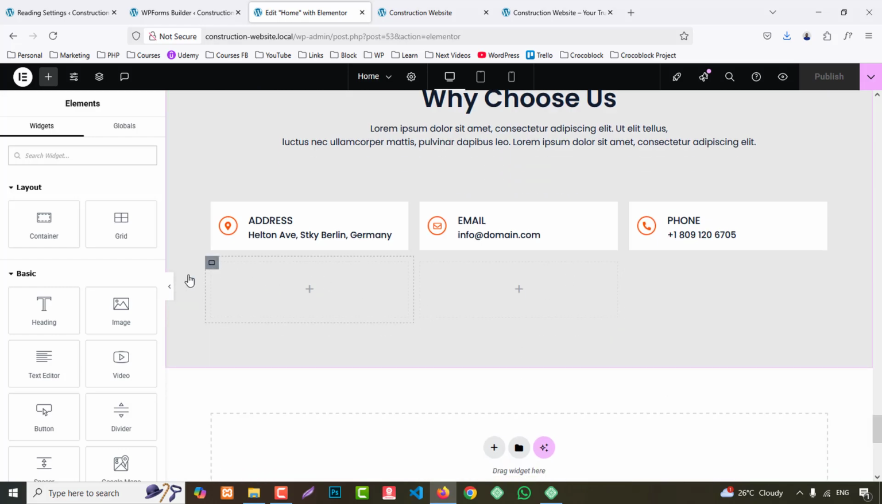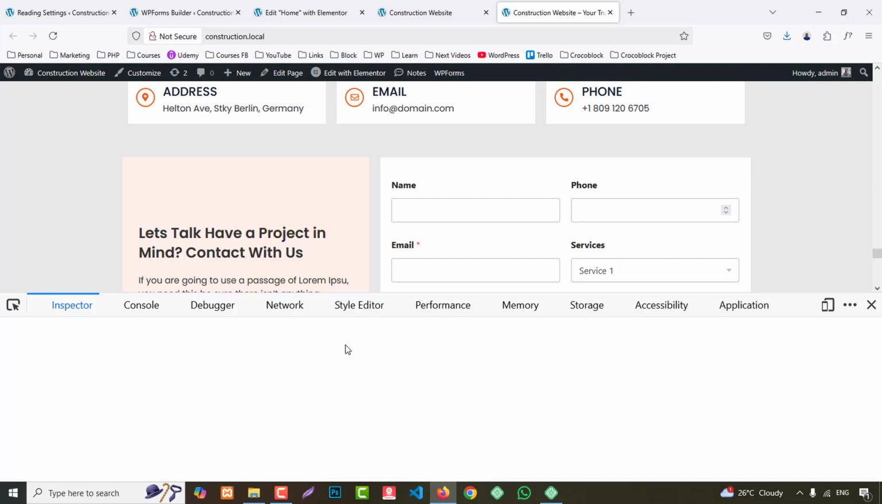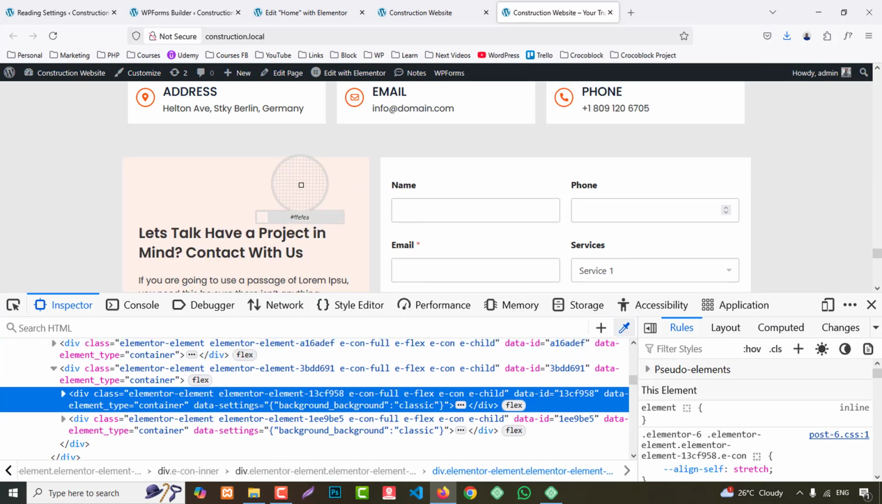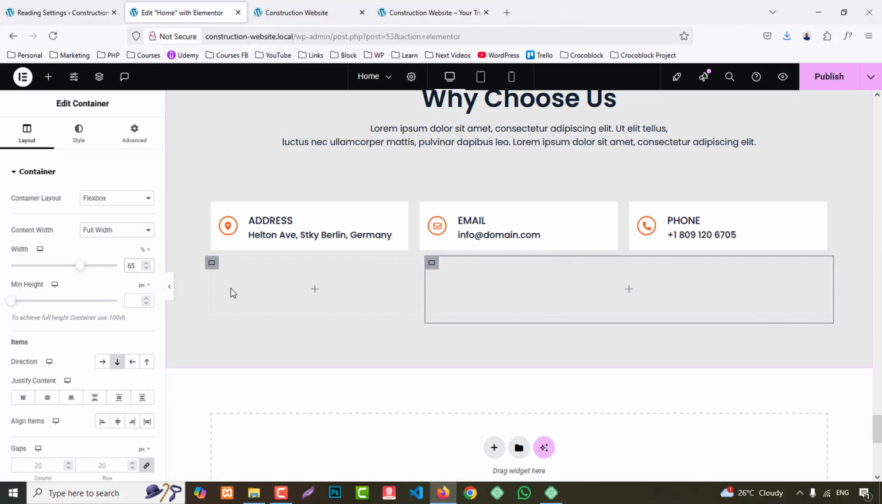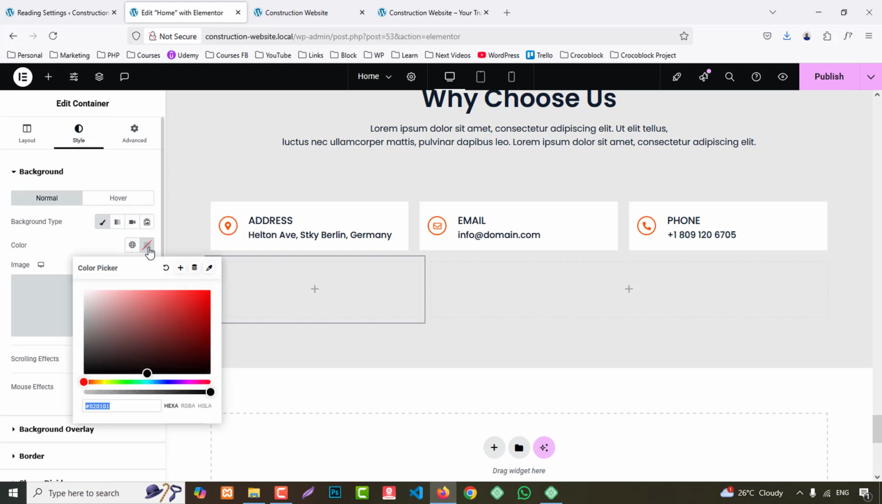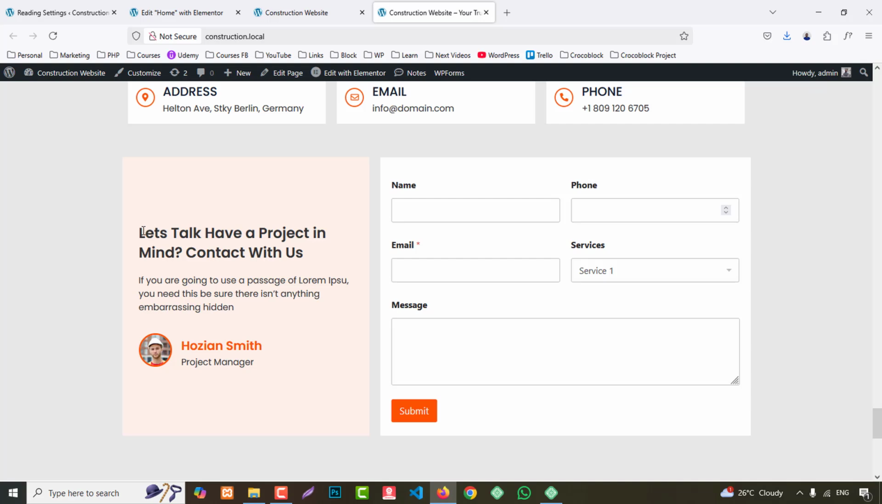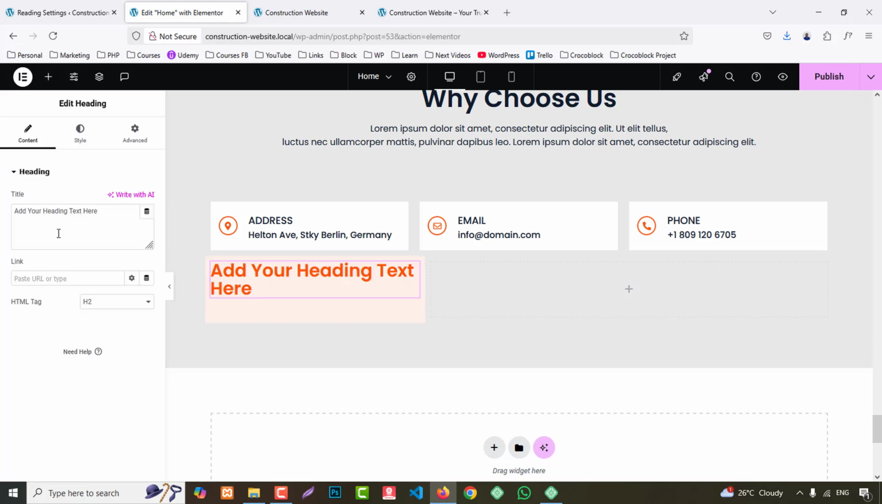So from here we can choose 35% for this column, and 65% for this one. OK, and from here we need this color, so copy this color code from here. OK, and here we can choose this column, go to style, and choose this color. And here we need this text, so search for heading, that's right here H4, then we have this paragraph,